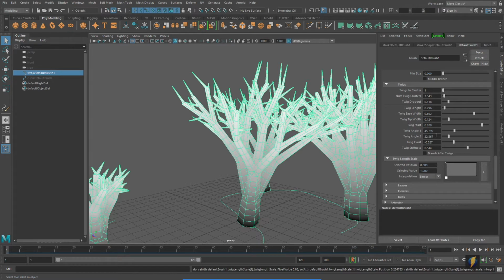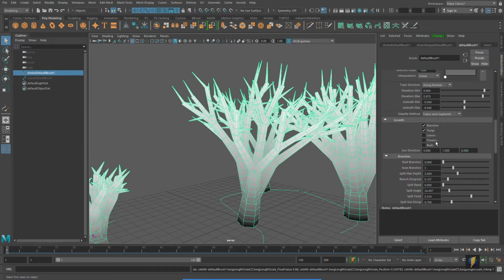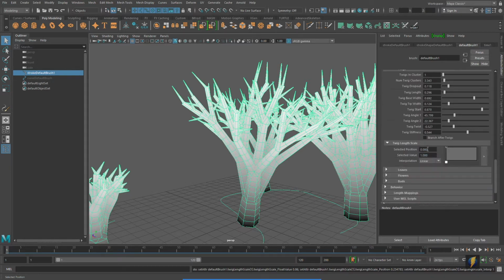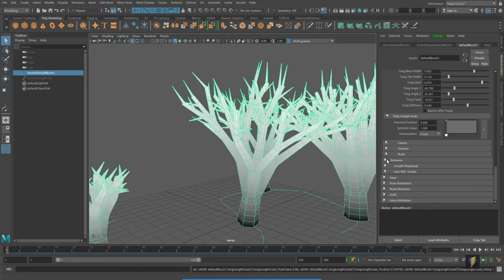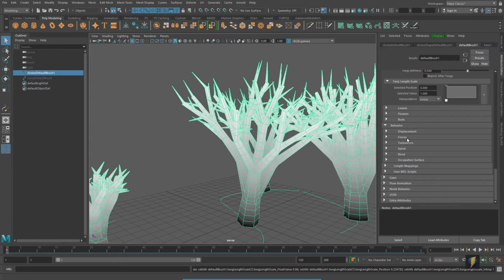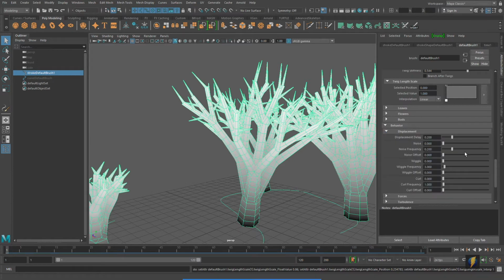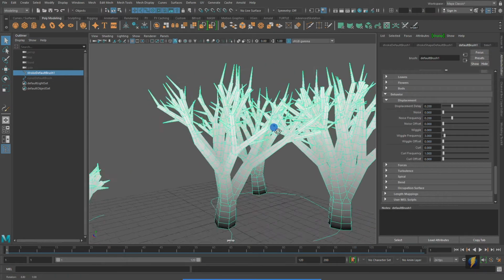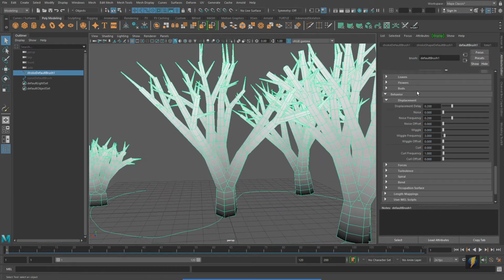So in addition to twigs, we of course have our leaves, flowers, and buds. But before we start looking at the leaves and flowers and buds, I'd like to actually explore some other properties that we'll be able to see a little bit better before we fill this tree with leaves. So to do that, I'm going to come down here to behavior. We'll expand on that, and you see that there are actually different types of behavior having to do with forces, turbulence, spiral, bend, and so on. We'll take a look at displacement first